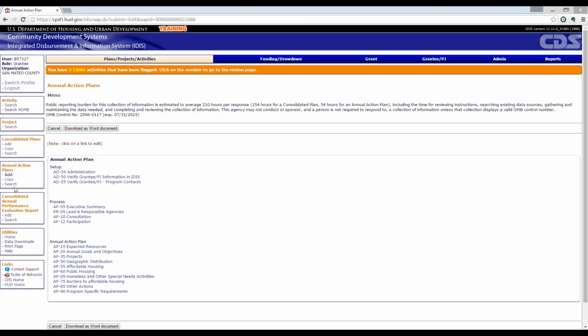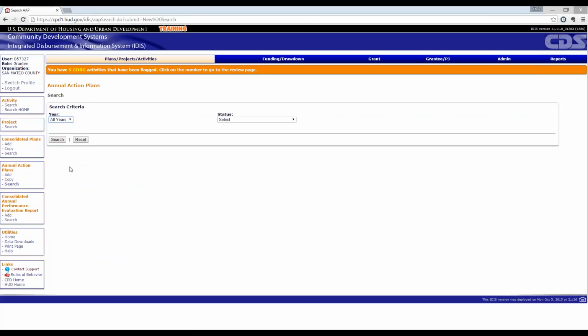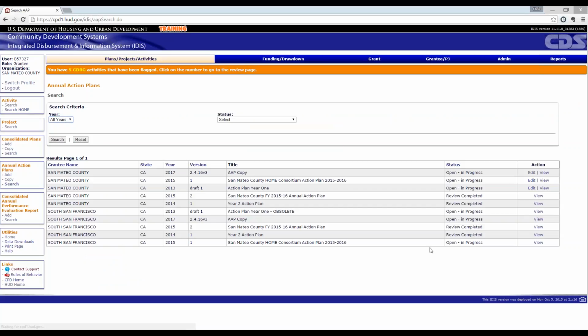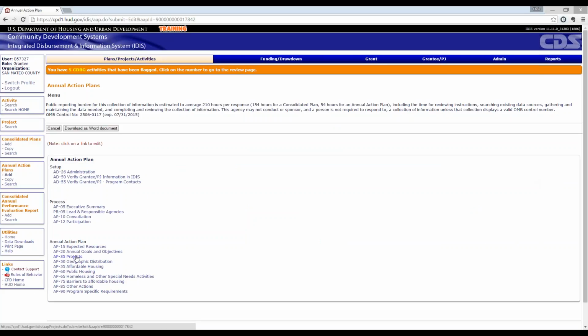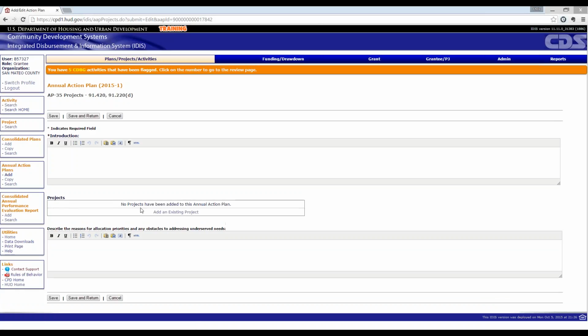And we'll just go ahead. I'm going to come back here and open the action plan I copied earlier. Cool. Should be able to open this up. Oh, and the project's been copied forward.